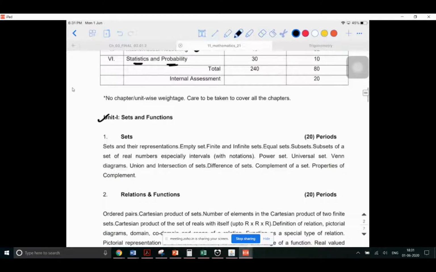So if you look at the first unit, as I told you, it is set and functions. When you talk about this, it is about the collection of elements. Collection of certain elements is what you're going to learn in this, and how to combine them, how to classify them. Mostly it is a theoretical chapter where you need to convert the English terms into some mathematical factors and then try to analyze this stuff.